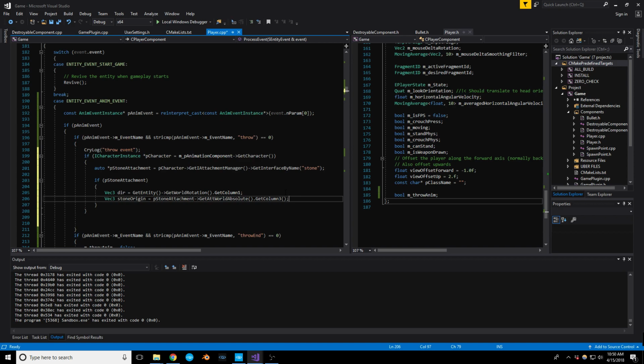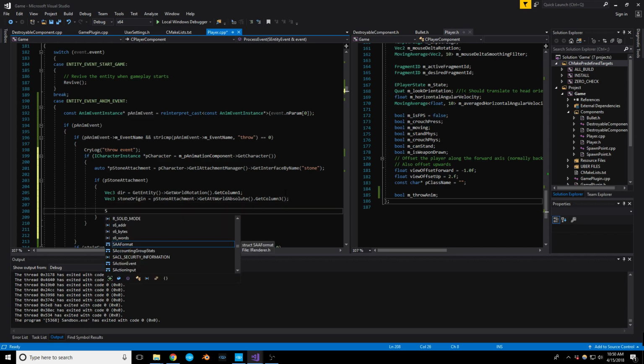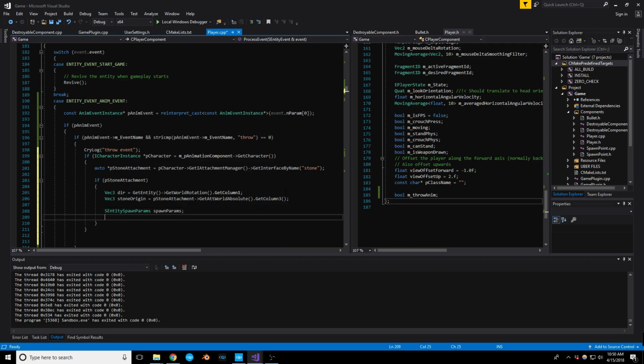Now let's actually get some spawn parameters. So we tell it some details about the scale, and there are quite a few other options, for the origin as well, the position, the class of it. So SEntitySpawnParams, and let's call it spawn params. A bunch of this I've actually used from the bullet, still within the template. So just replicating some of that. All right, so spawn params,